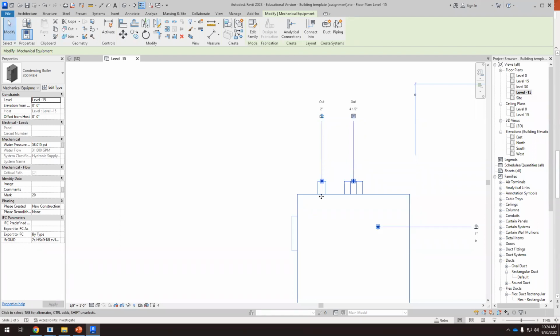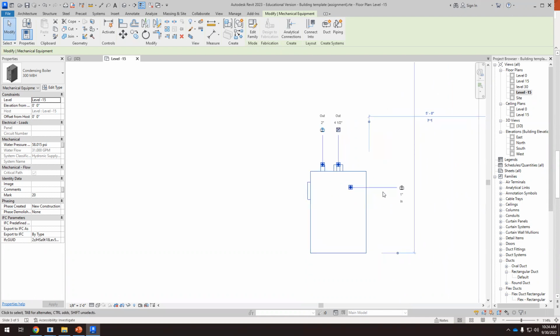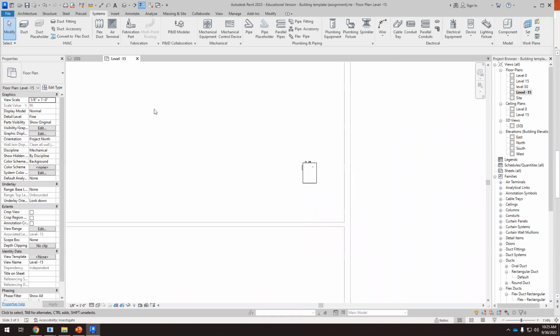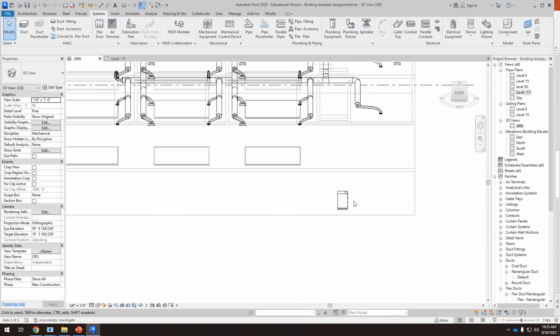Okay, so this is the outlet of the boiler. We have to connect this to the inlet of the air handling unit. And here we have an inlet. And then we have to connect this to the outlet of the air handling unit. Okay, but first, okay, so now we have our